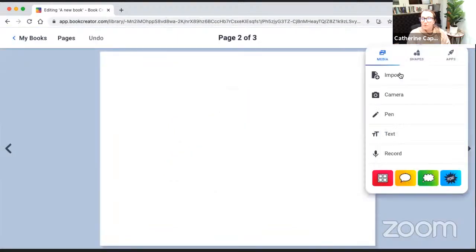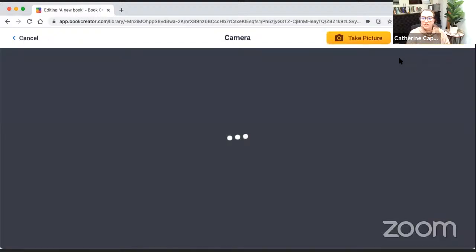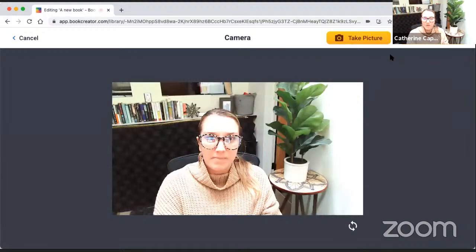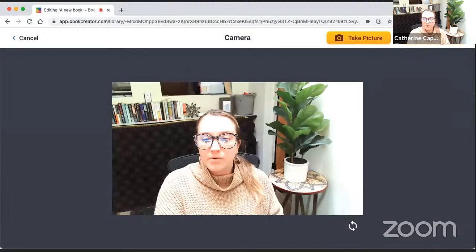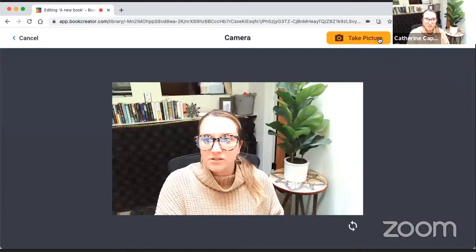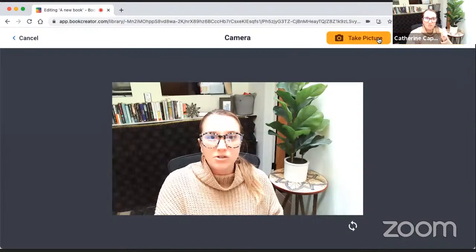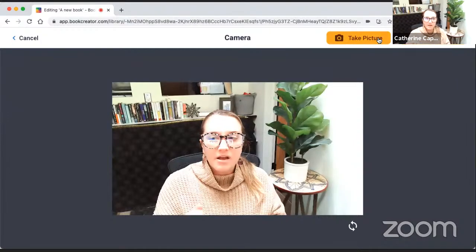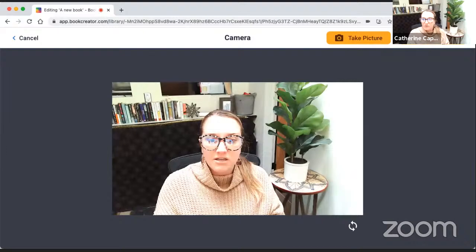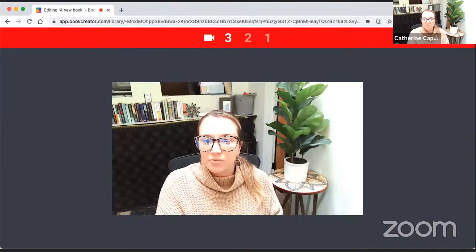The next favorite one I have is the camera. So I'm going to click on camera right here. And just like you're thinking about how you would use that record button, think about how you would use the record video button right here. So they can take pictures, which is great for taking pictures of their work. You notice that in Courtney's book, they took pictures of those pumpkins. So many things that they can do. They can take their selfies, but they also can record video directly in Book Creator.